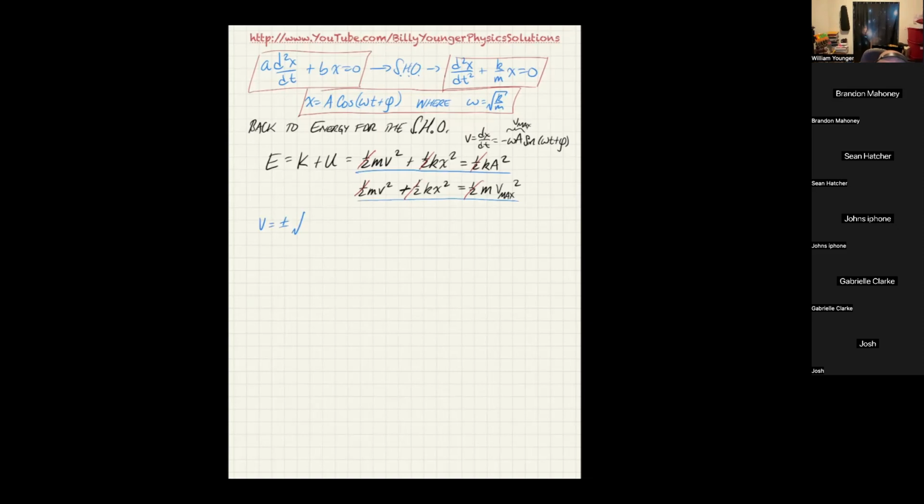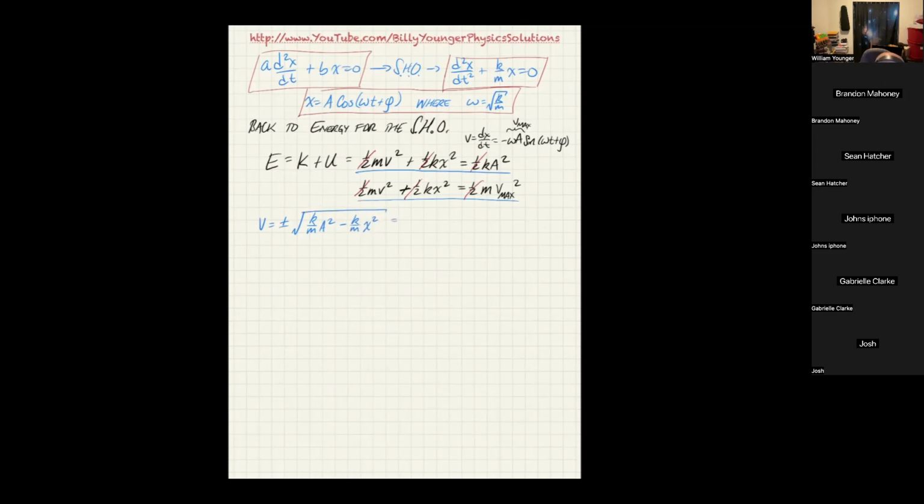What I'm going to have to do is divide through by m. That's going to give me k over m times a squared, for the term on the other side of the equals. And then I'm going to pull the 1/2 kx squared to the other side. That's going to be negative k over m x squared,